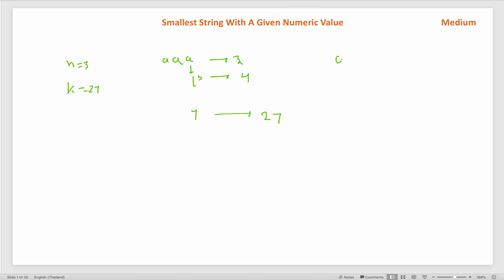We can also try this, like a, and move this to b, but if I move this to b, it will not be lexicographically smaller for the same sum. Let's say, as a rough example, we want k equal to 4. Then one of the possible strings will be aab, another is aba, and the last one is baa. All of these have numeric sum 4, but lexicographically this string comes first, before this, then this string comes. So this is the reason we will start from the end of the string and move that character as far as we can move. So this is the idea.